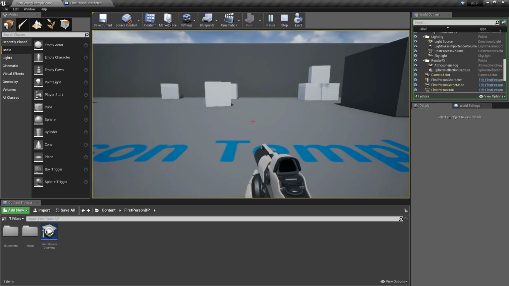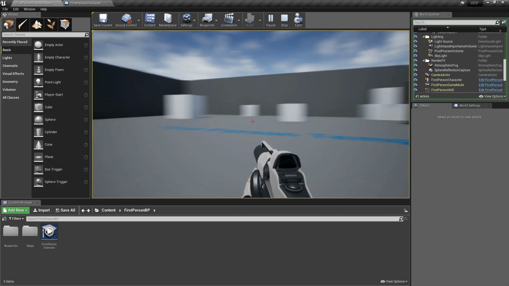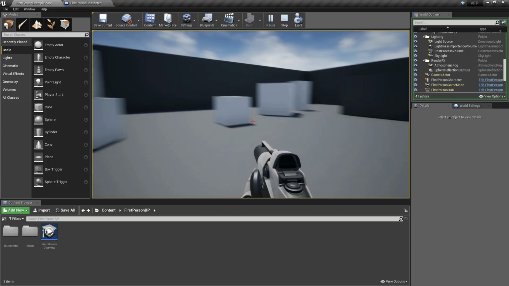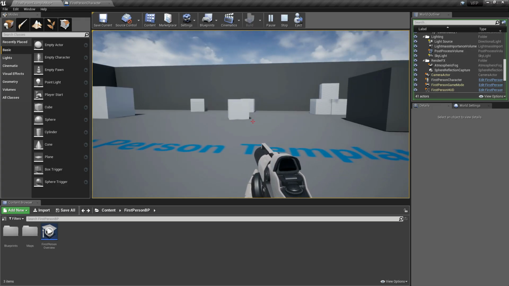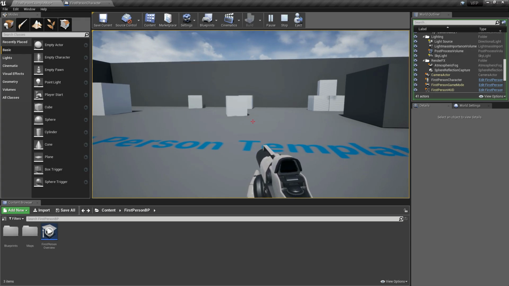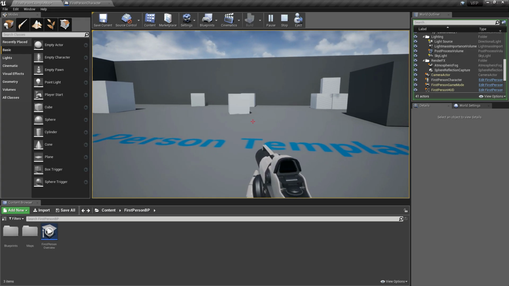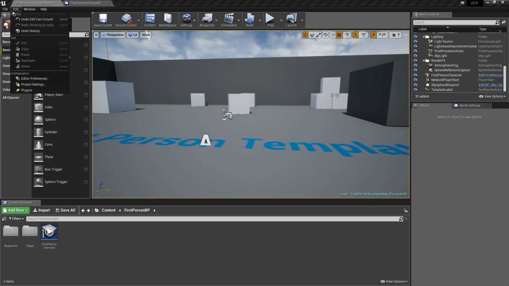Now that we have the crouch control, what we're going to do is the sprint. So to create the sprint, let's head back to the project settings, which is located in the edit menu.